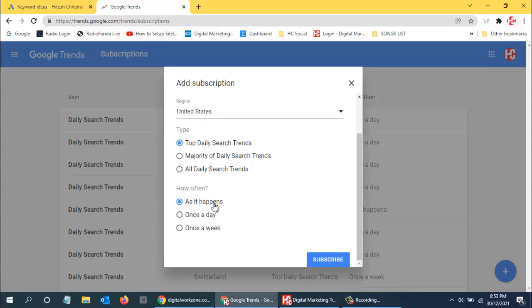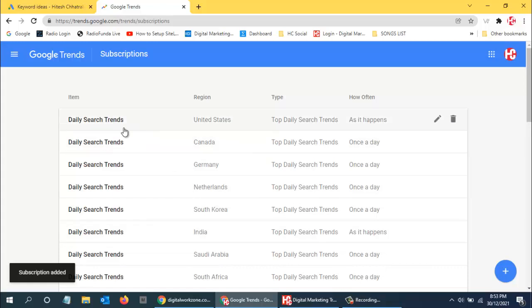In United States also I can use it, because the majority of technology and everything is happening in the US. So I'll select as it happens, and then I'll click subscribe. That's it. Now you can see over here daily search trends from United States, top daily search results as it happens. So I will get an immediate email from Google for any search trends.